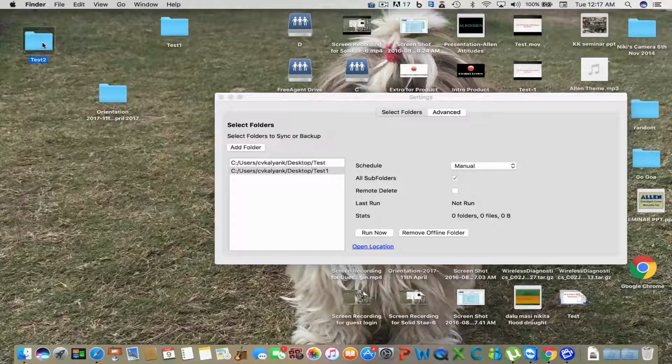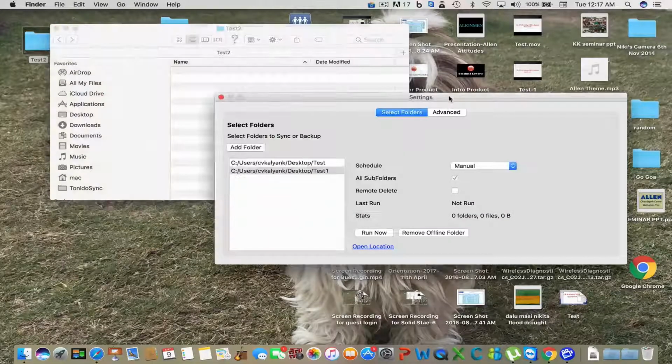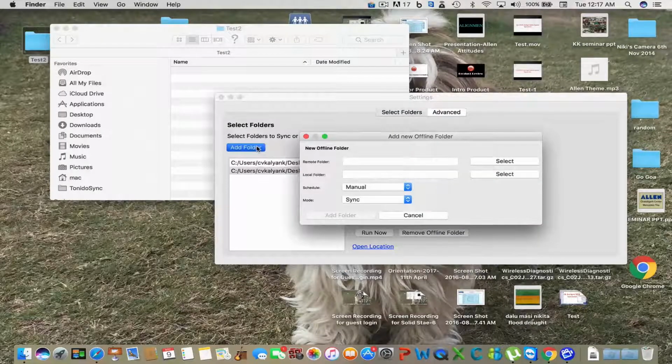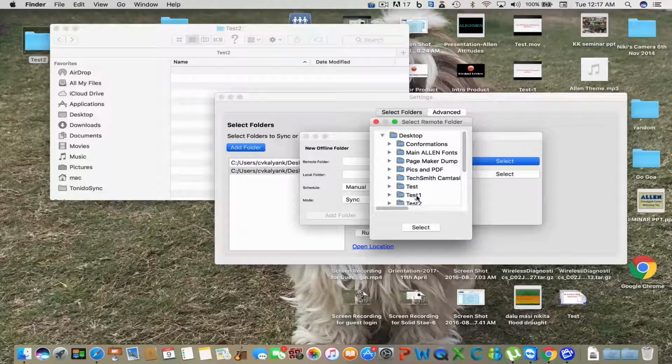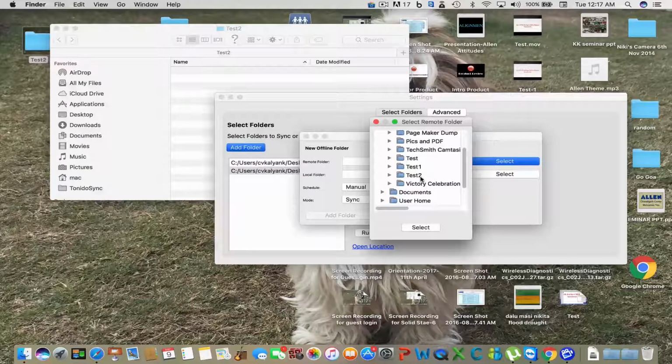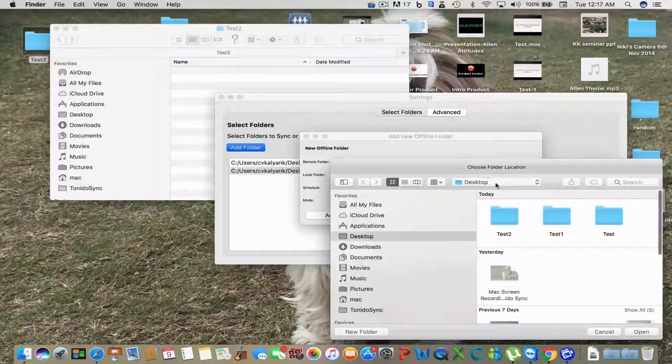Now let's head over to the Mac. Test 2, remember, is empty. And now I'm going to add this folder, and the remote folder is test 2, present in desktop, test 2, select the local folder, select test 2.